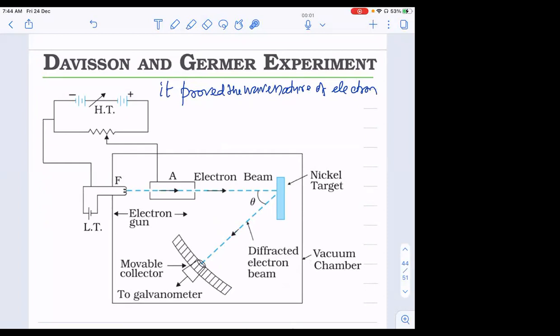Now we are moving on to the next chapter called atoms. So this just let me